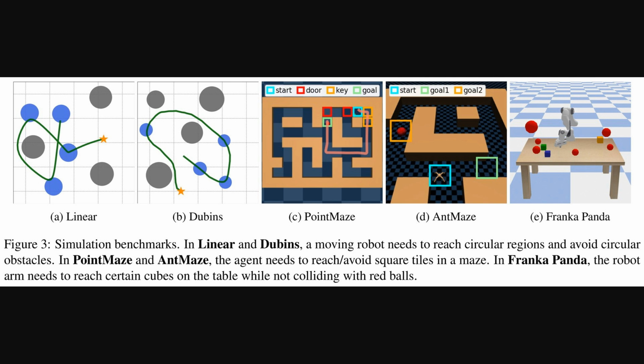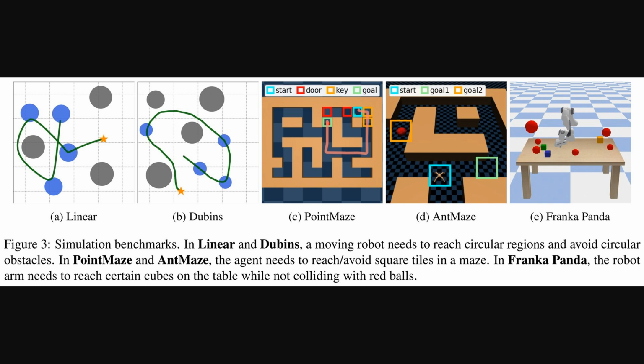Alright, so now that we have seen the TeLoGraF architecture, figure 3 here shows the 5 different simulation environments used to test the system. It displays linear and Dubins, which are simpler 2D navigation tasks. Then there are point maze and ant maze, where an agent navigates mazes. And finally, FrancaPanda, a more complex task involving a 7 degree of freedom robot arm. A degree of freedom, sometimes abbreviated DOF, represents an independent way a robot can move, so 7 degrees of freedom means it is quite agile. These diverse settings were crucial for generating demonstration data and thoroughly evaluating how TeLoGraF handles varied signal temporal logic instructions